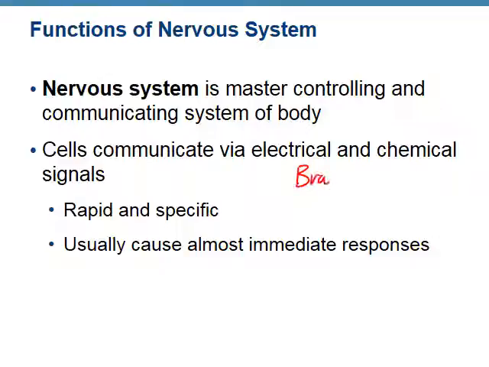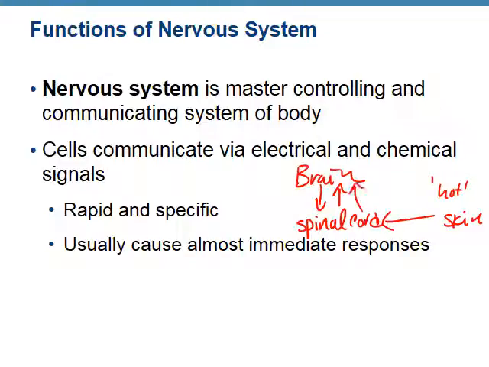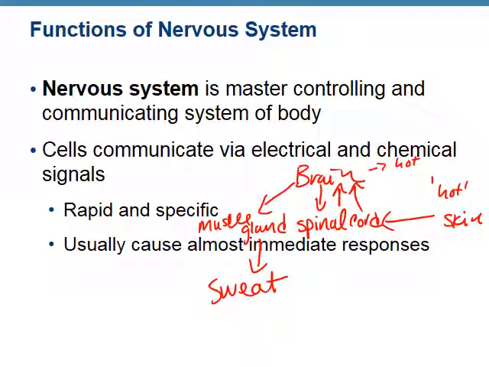If you remember, we've had two different examples. We have the brain, and it sends messages to and from via our spinal cord. So let's say, like in chapter 1, I'm hot. My skin receptors send a message to the spinal cord, which sends it up to the brain, and then you know that you're hot. And what are we going to do about it? Well, the brain's going to send a message out to either a muscle or, in this case, a gland, and that gland is going to cause us to release sweat. So the nervous system serves as a communication and controlling system within the body.